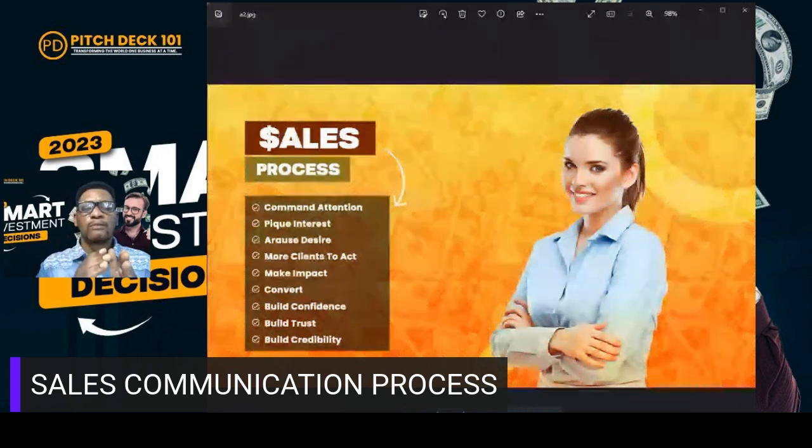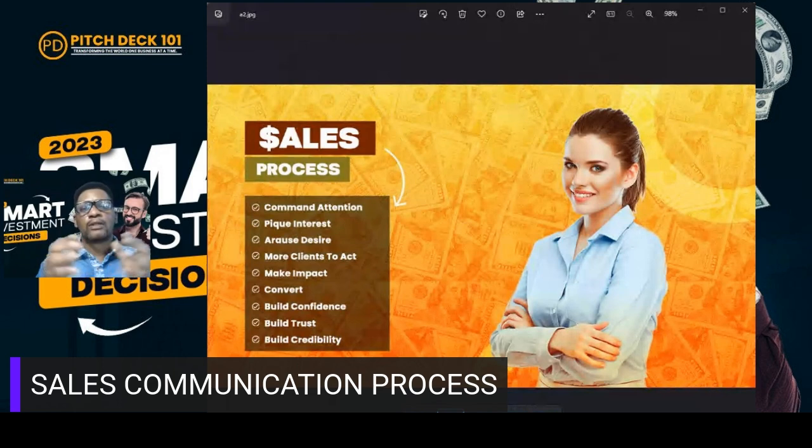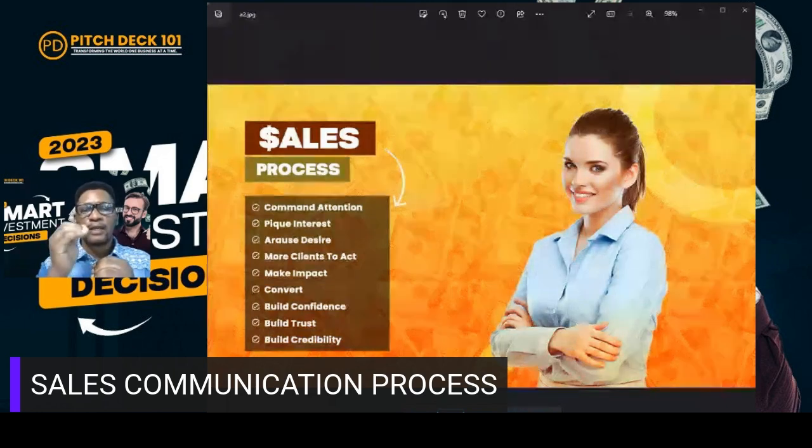And here's where we talk about converting first-time users into lifetime customers. This process is not accidental. This process is intentional, which means that you literally have to understand the entire ecosystem that we're talking about here to optimize your results when it comes to applying the sales communication process. So, right now, we're looking at the sales process. You need to understand this.